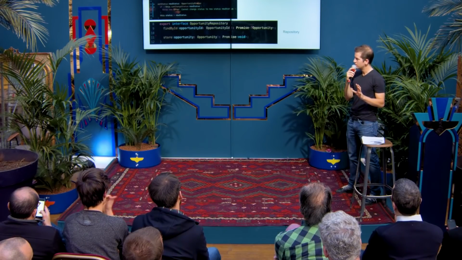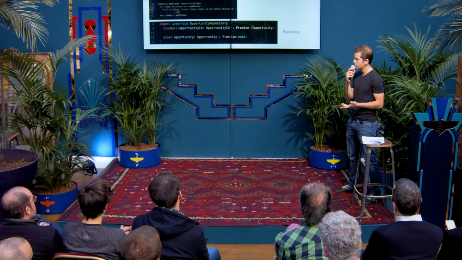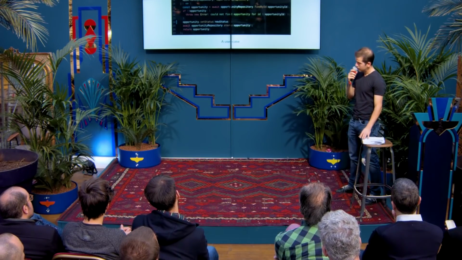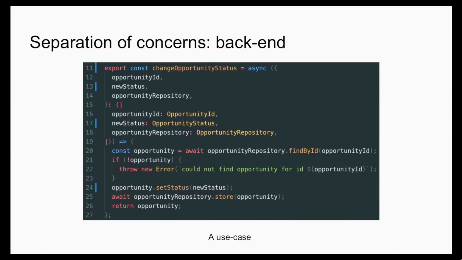Persistence is not only a technical concern, that's why the interface belongs to the domain layer. But the way data is persisted, whether you're using a relational database or a NoSQL data store, that's more a technical thing. That belongs to the infrastructure layer. And generally, your product team does not care. So once you've split your domain logic inside entities and your persistence details inside interface implementations,